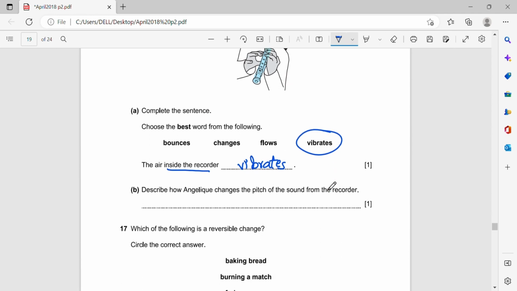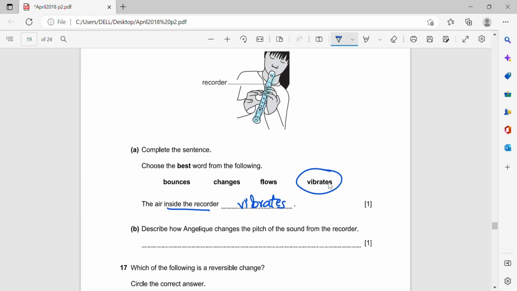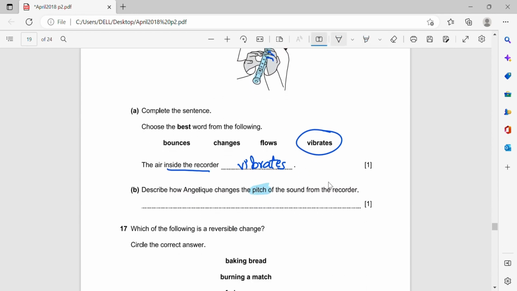Describe how Angelique changes the pitch of the sound from the recorder. عايزين نعمل changing the pitch of the sound. What can she do? She can do what with her fingers? She can actually put her fingers on different holes أو remove the fingers from the holes أو use a longer أو shorter recorder عشان تغير the pitch of the sound. What can she do? She can